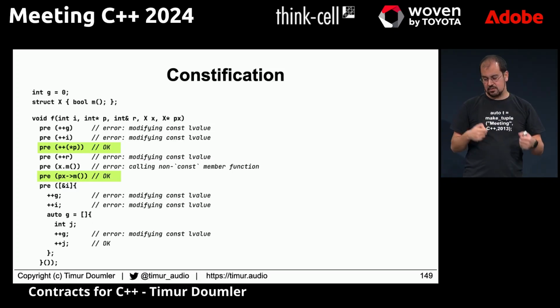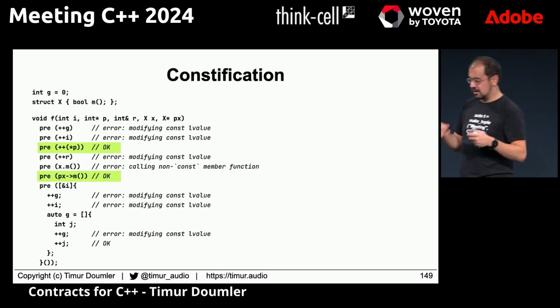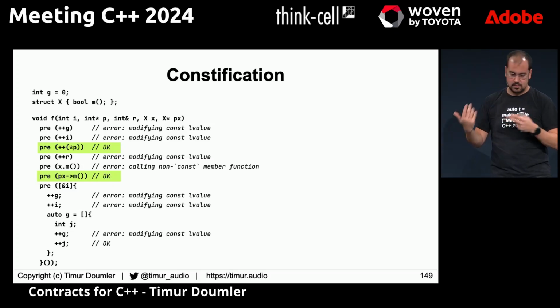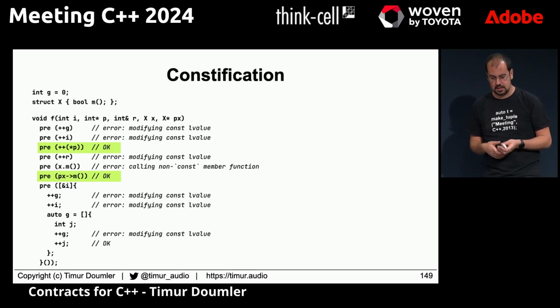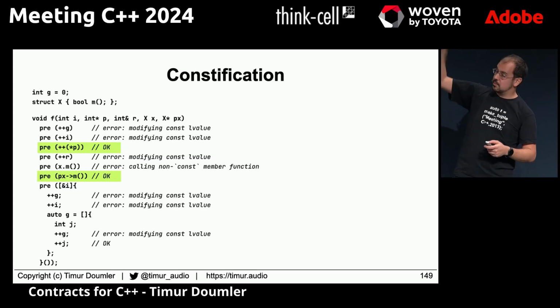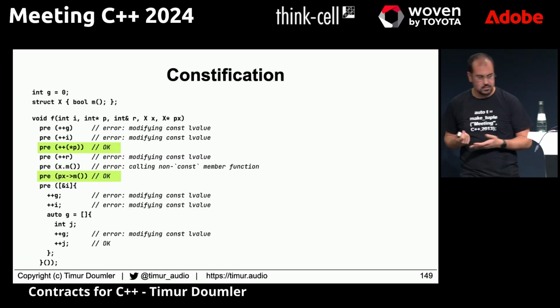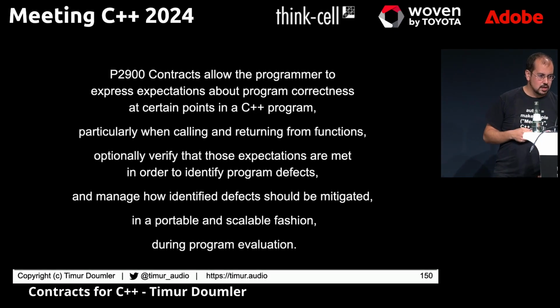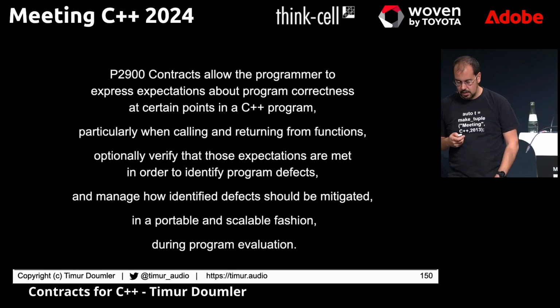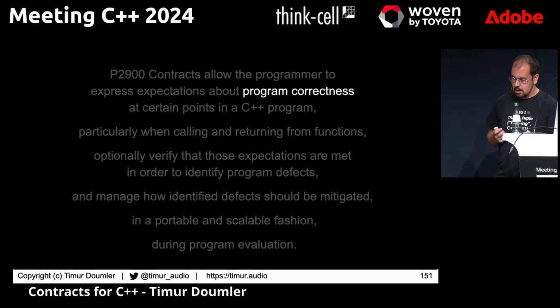And you can't do it for built-in operator arrow either because then it would be inconsistent, and raw pointers and smart pointers would behave differently and would be weird. So we don't constify things behind a pointer. That would be deep const, and we thought about this for a while, and it turns out you can't really do that. Okay, so I've got 10 minutes left, so I'm going to quickly talk about program correctness